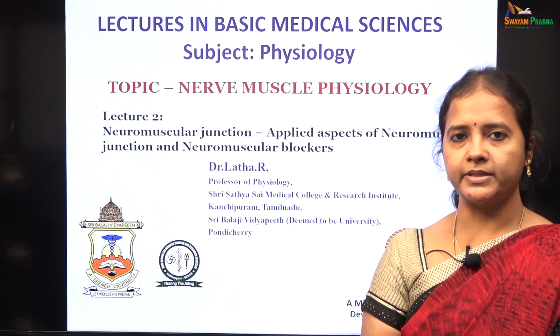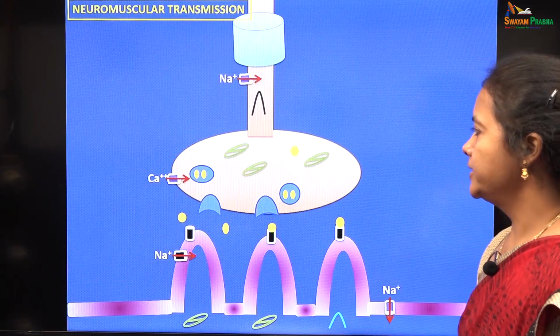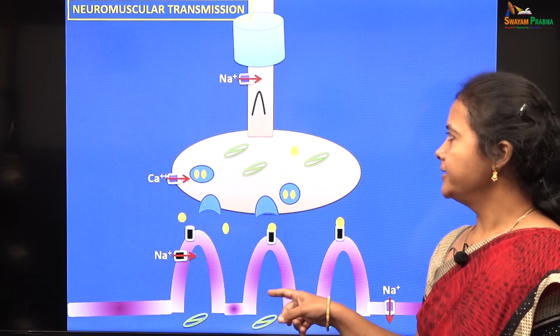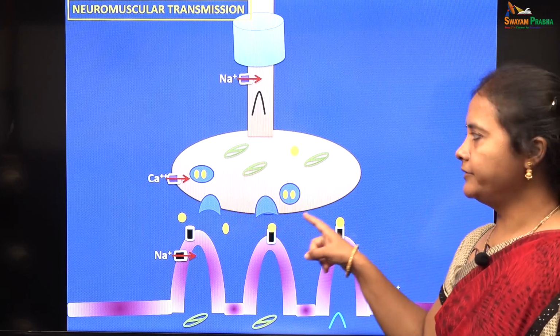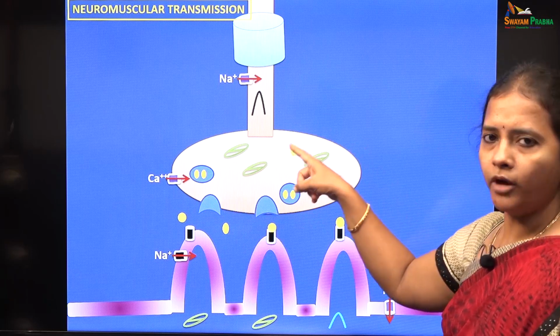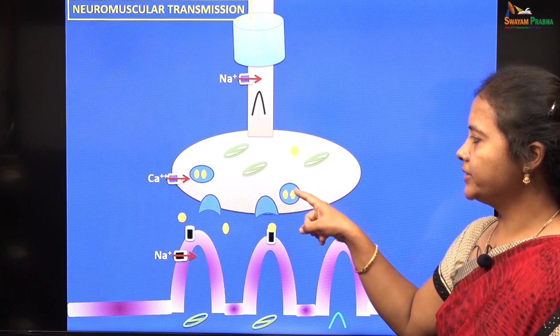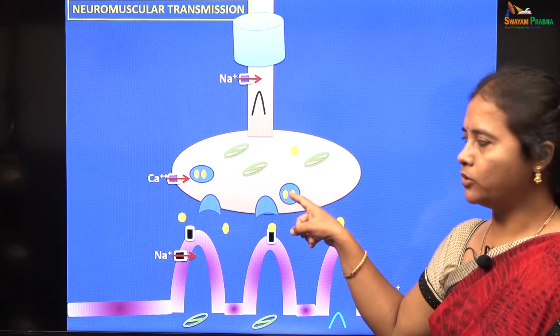Applied aspects of the neuromuscular junction and neuromuscular blockers. So, this is the structure of the neuromuscular junction, where we have the presynaptic nerve terminal, the amyelinated axon ending as a presynaptic knob. This presynaptic nerve terminal has the vesicles with the neurotransmitter, which is acetylcholine, and there